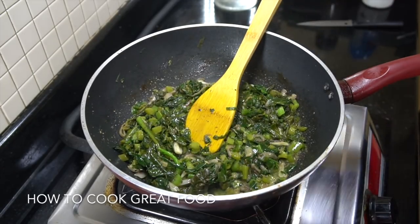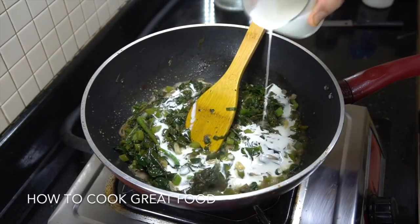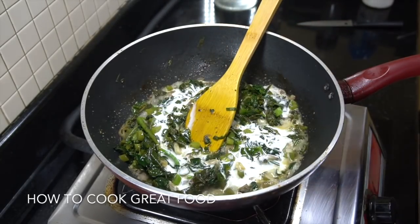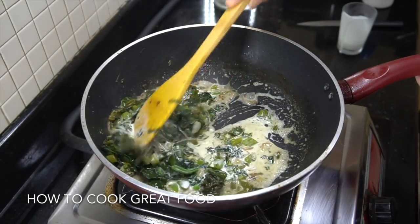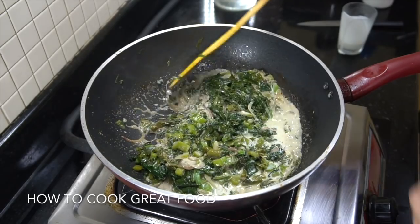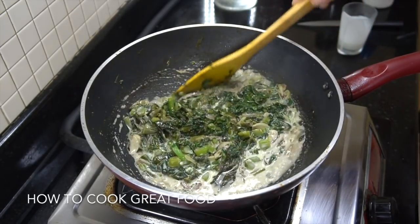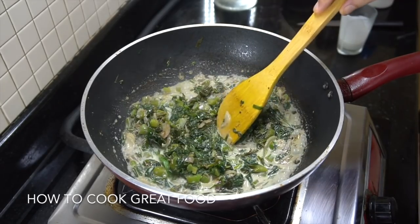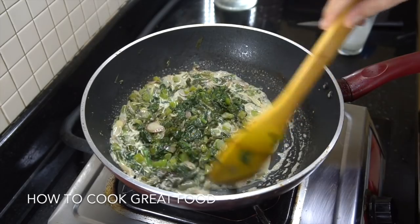We're now just going to add some cream. You can add as much as you want. Make it as creamy as you like. That's like 1/4 cup maybe for this amount. Now if you wanted to keep this vegan, you could be using just a regular oil at the beginning, just olive oil. Get rid of the butter. And you could use coconut milk. Takes it in a completely different direction, but